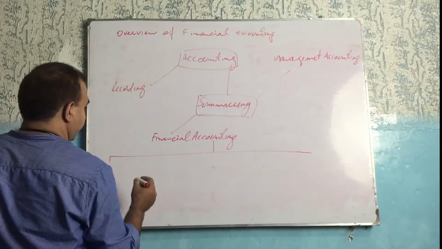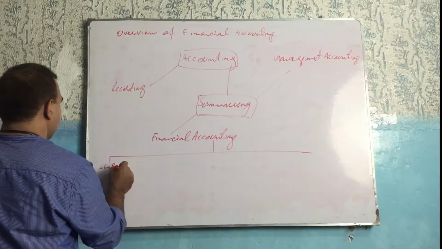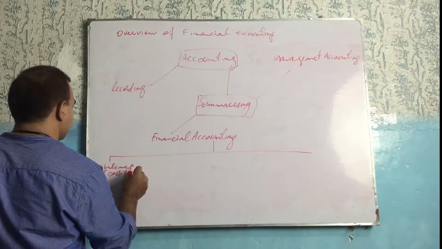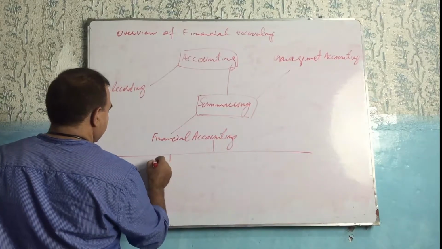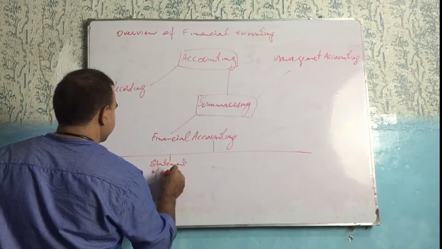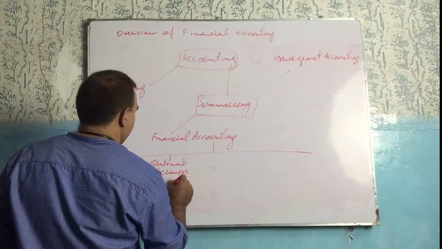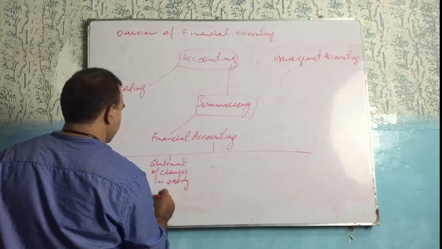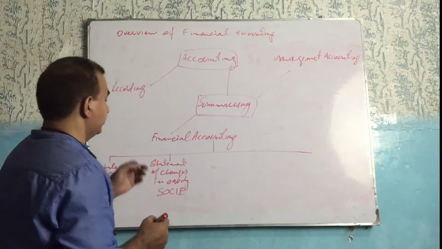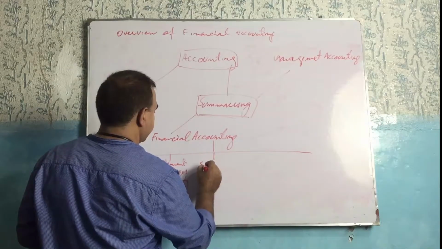So the main report elements in that are the statement of cash flows, the statement of changes in equity, also called SOCI, and then